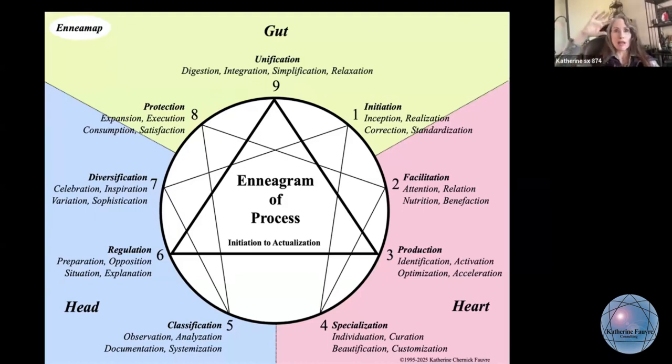Because 8, 9, and 1 are all about the boundaries. And I mentioned that it was consumption. I was like, okay, stop the celebrating already. Let's just eat that good fruit and have the enjoyment to the point of satisfaction. So 8 is saying you have to have enough. Too much is almost enough. I used to say that as a little kid when I wanted more cookies. And I didn't know that there was a similar saying out there, but my parents just laughed. I had an 8 father, and he just said, yeah, that's right, Kate. Too much is almost enough. Because then you have extra. And you're not beholden to anyone because you have too much.